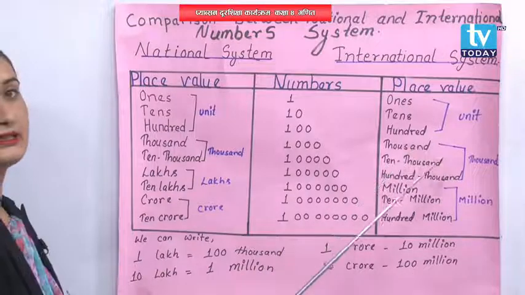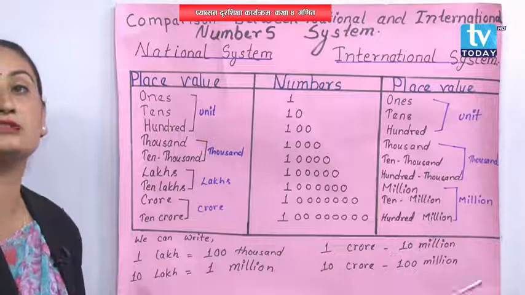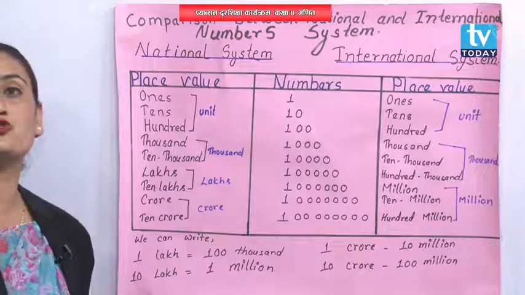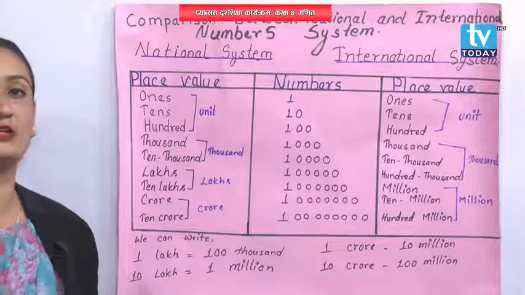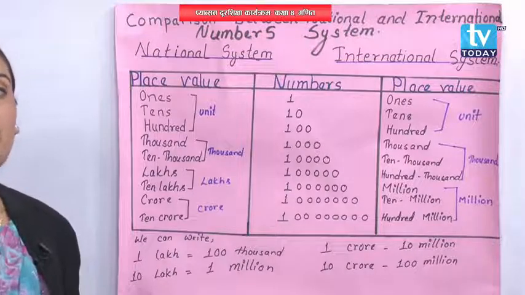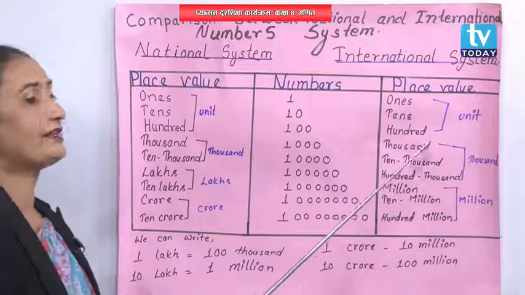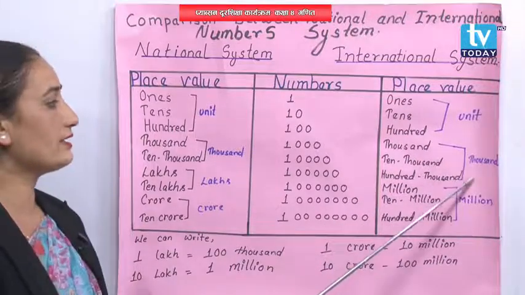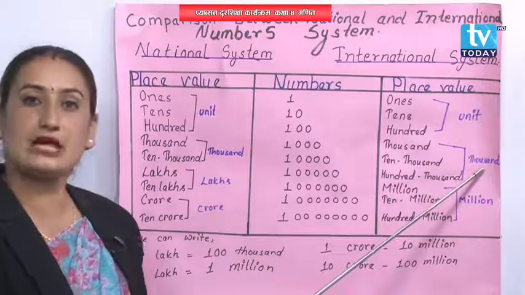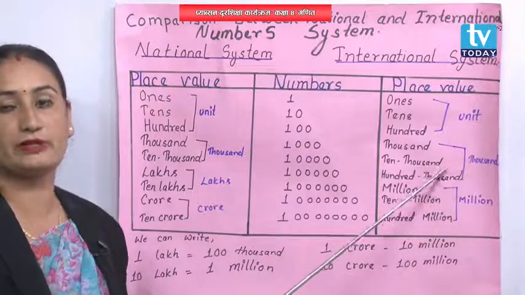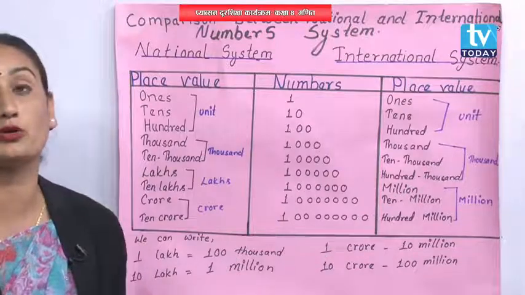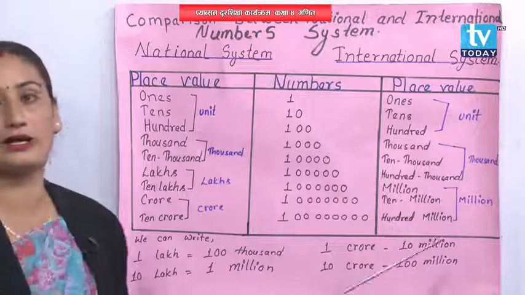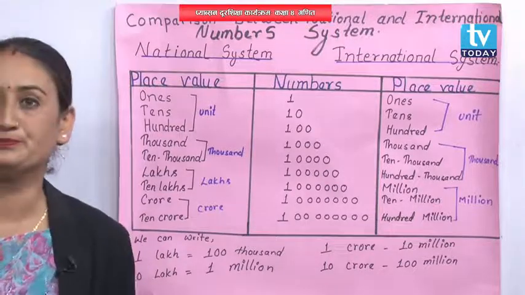And thousand, ten thousand, hundred thousand. Thousand is repeating how many times over here? Can you show me with your fingers? Okay, it's 3 times. You have to show with the fingers also. Thousand, ten thousand and hundred thousand. So we can give the name as thousand. It will be useful while writing in your notebook, or how to write in words. At that time it will come and you have to write it over here.